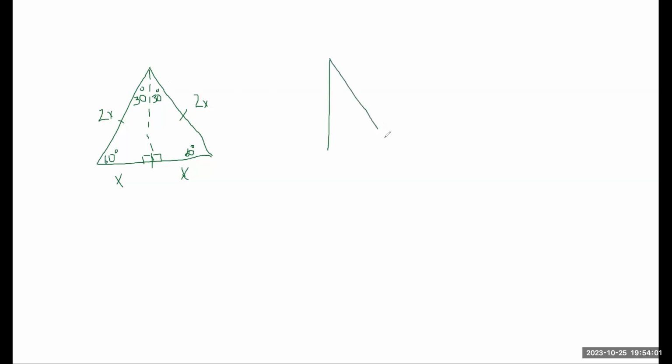So I want to concentrate on this right triangle, where this hypotenuse is 2x. This is x, and this side right now has an unknown length with respect to x, but this is a 30, 60, 90-degree right triangle,